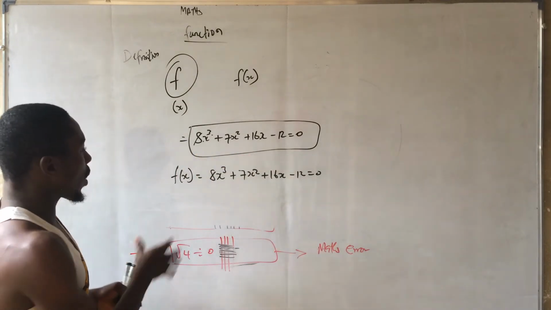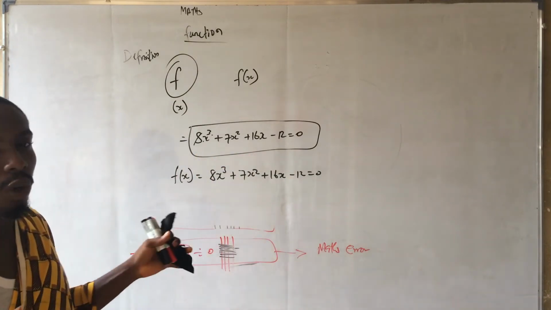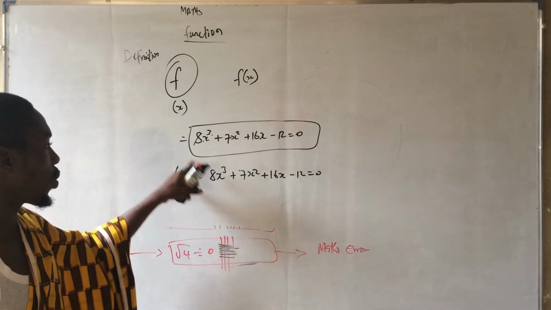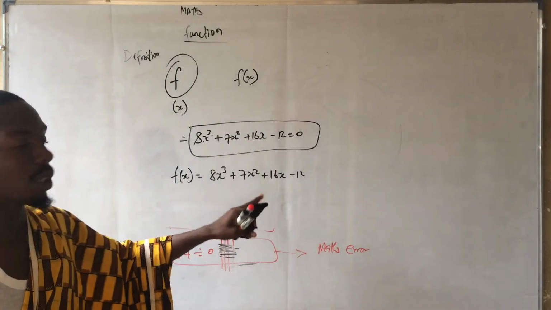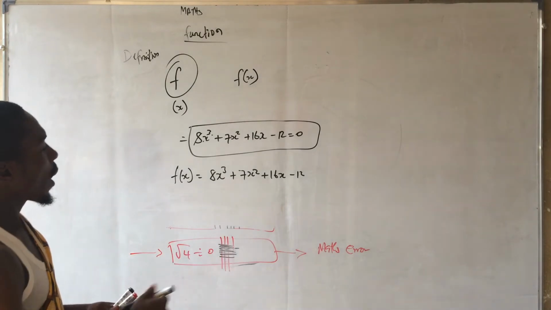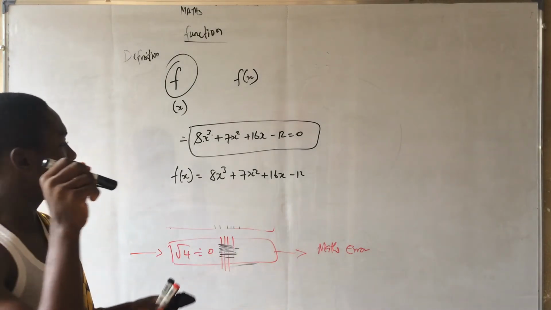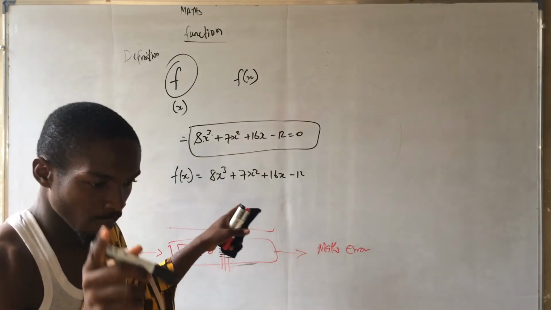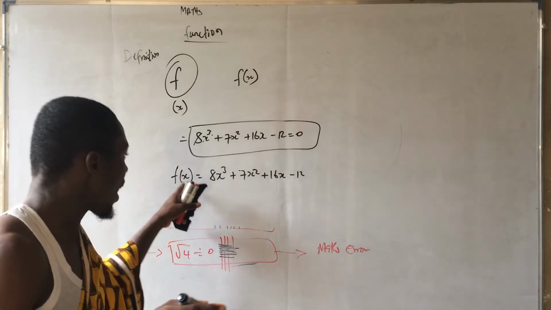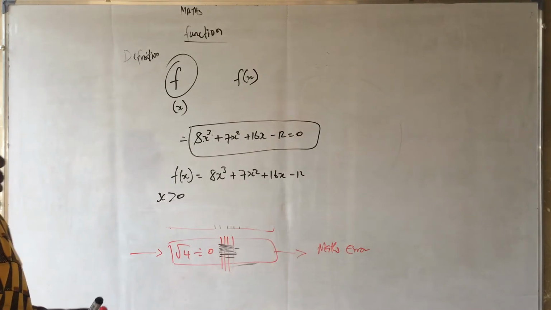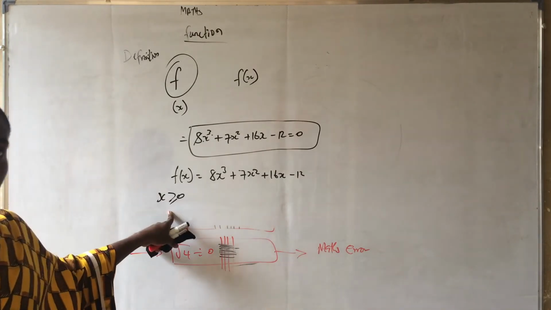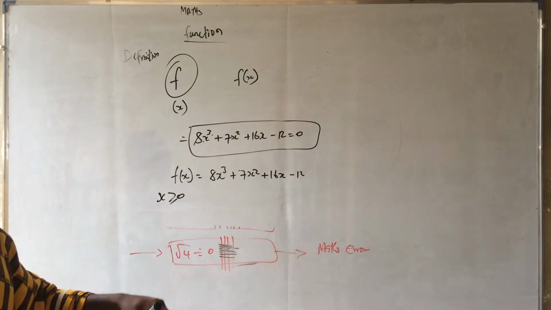For example, now here we have f of x. We don't know what x is. We don't know the output. We don't know what it's going to give us. But at every x, let's say x greater than or equal to 0, when you evaluate x at this, you are going to be having